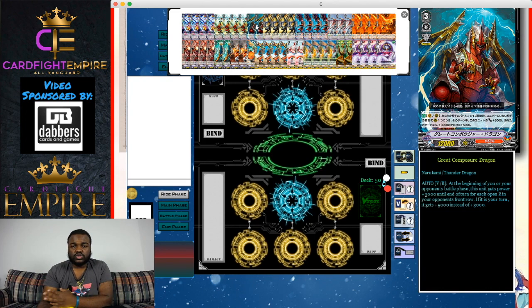So they either get forced into a bad spot where they have to A, play their triggers onto the board in the front row just so that Great Composure doesn't get power, or B, they have to literally just let Great Composure get power and keep cards in their hand. So it's really, really good that Great Composure gets